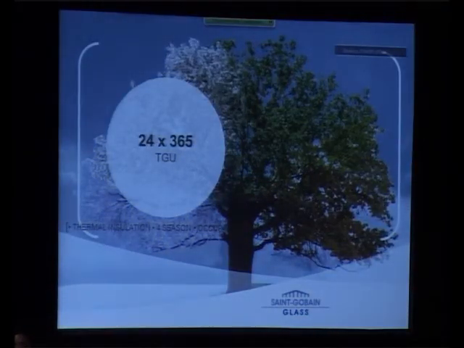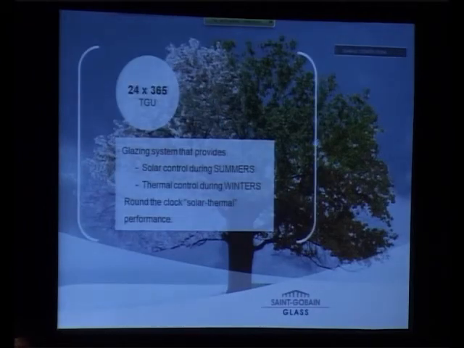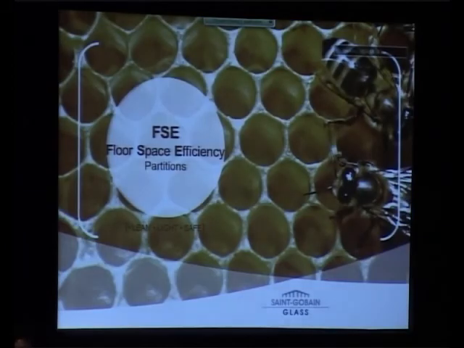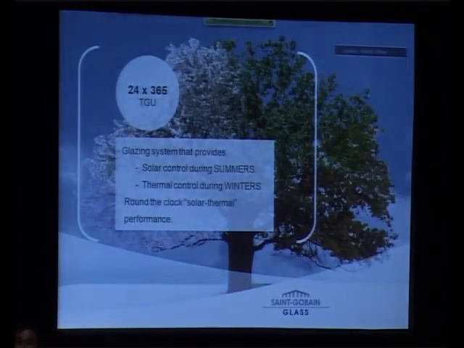Third one is for the Indian climate, mostly in northern India, where we have winters and summers. You want a glazing to be suitable for both climatic conditions. Is it possible? Yes, if you go with the triple glazed units, you can bring the U values below 1 or to that level, and still you can cut the solar heat with the higher light transmission. So this kind of coatings actually can work in both winter and summer climatic conditions.